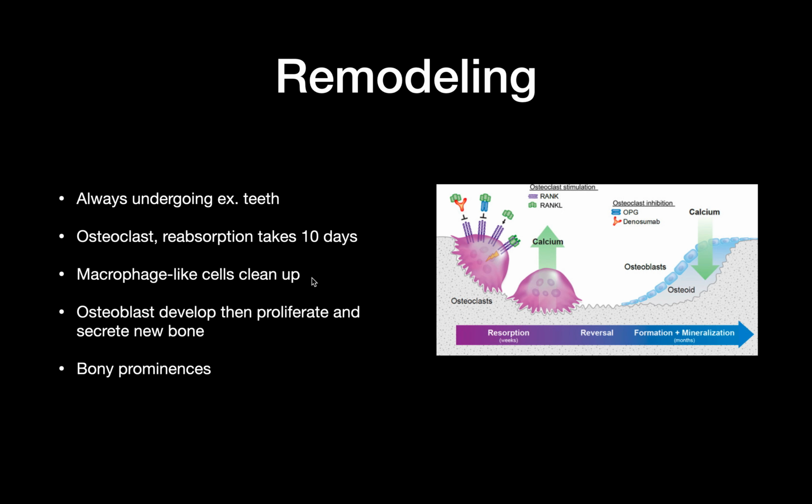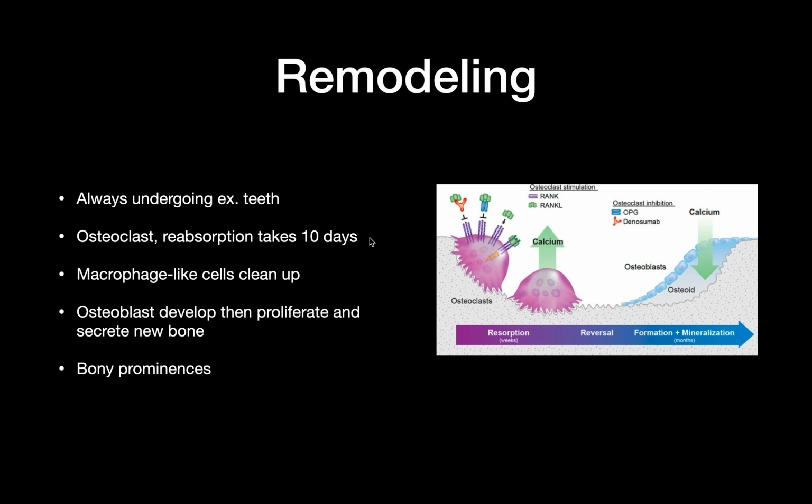So remodeling: the bone is always in flux. It's always either releasing or sequestering calcium, depending on the cellular signals and whatever your body requires. Something like teeth. Teeth are always kind of moving around. You don't really feel it as much, but whenever you put in your retainer, after a couple weeks, it feels tight. Or when your teeth are being tightened when you get braces, that's when the body is working on the teeth. So this forms when the osteoclast starts to